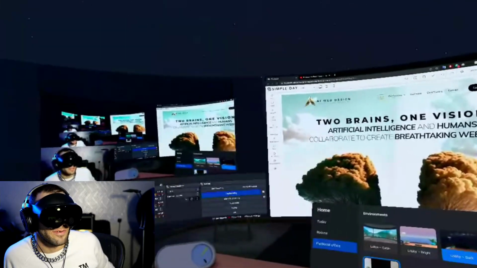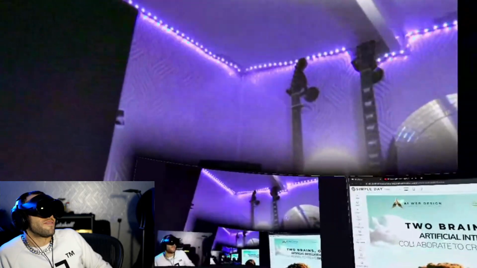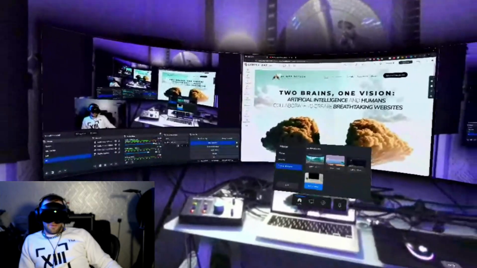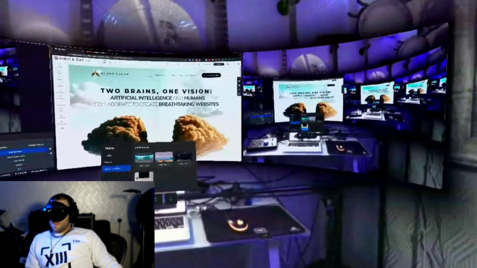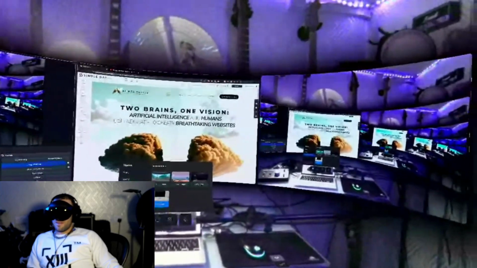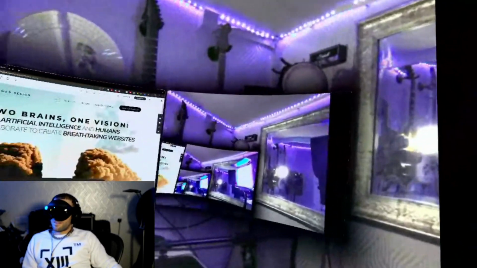So then the last option is pass through. And as you can see, I've got my guitars on the wall, etc., etc. But if I sit back a little bit, we can get a good view of my desk setup. And wow, just look at that. How neat is that? Got a little light behind me there. But yeah,